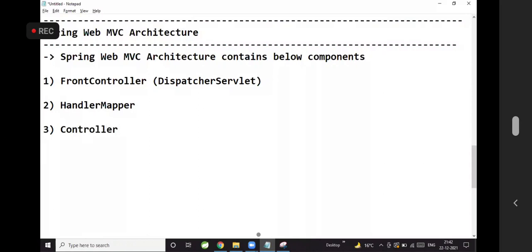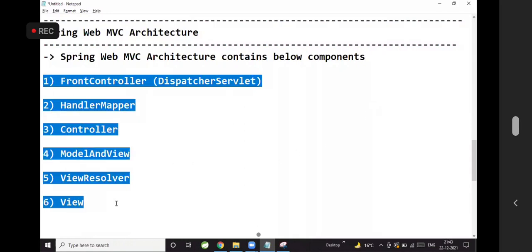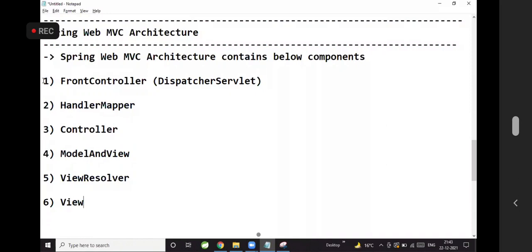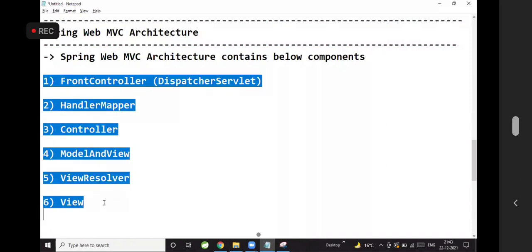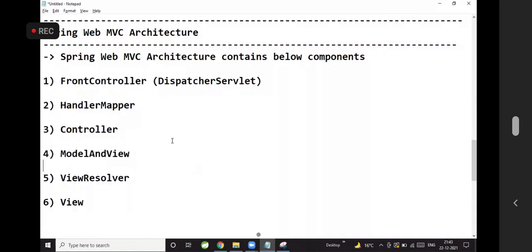Fourth one, model and view. Fifth one, view resolver. And the sixth one is the view. In order to understand Spring Web MVC applications development or architecture, first we need to understand these concepts. If you know these 6 concepts, that means you know Spring Web MVC architecture.